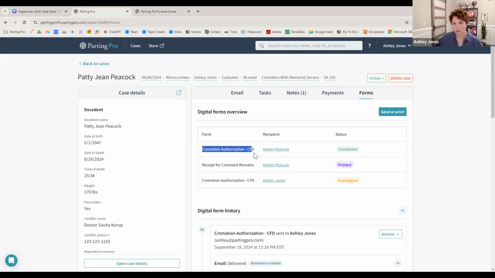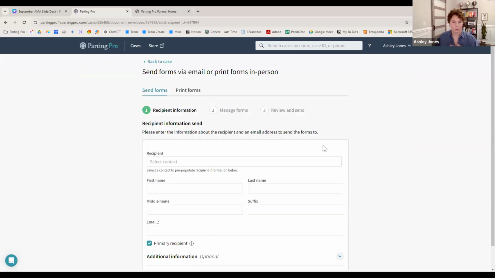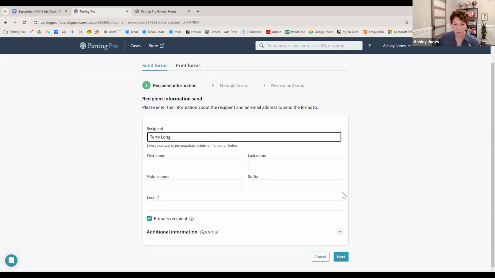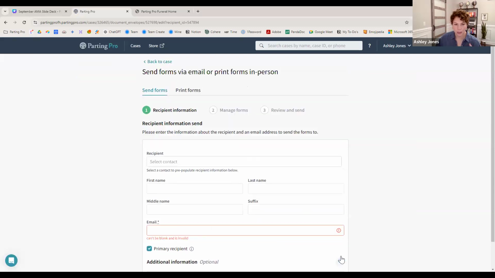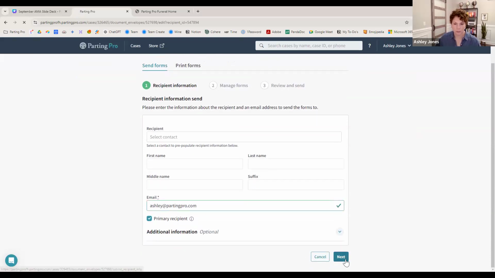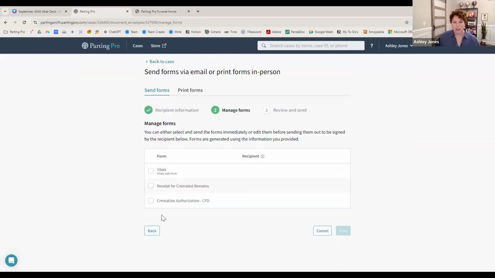So if the cremation authorization in your form section over here is outdated or you've made an update, let me just get over to this form section here. So any of the forms that are in here, if you need to add more forms, which I always recommend that everybody have us add as many forms as you would need for a family to fill out at any point. There's not an automatic way for you to upload the forms in here, but